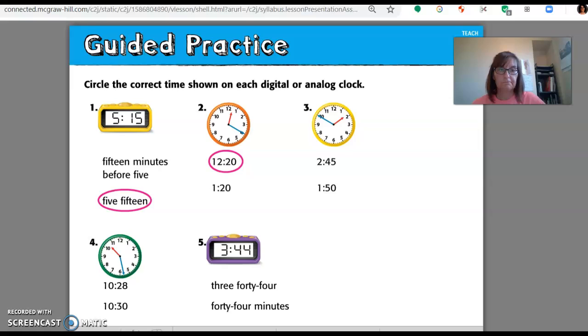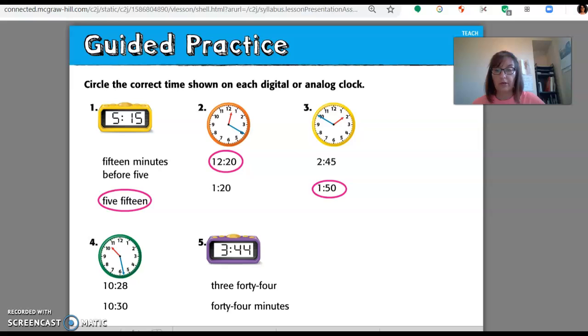Look at your minute hand. So our hour hand is not quite to the 2. It's close, but not quite. So it would be 1, and then if we count by 5s, the 10 is the same as 50. 10 times 5 is 50. On number 4,